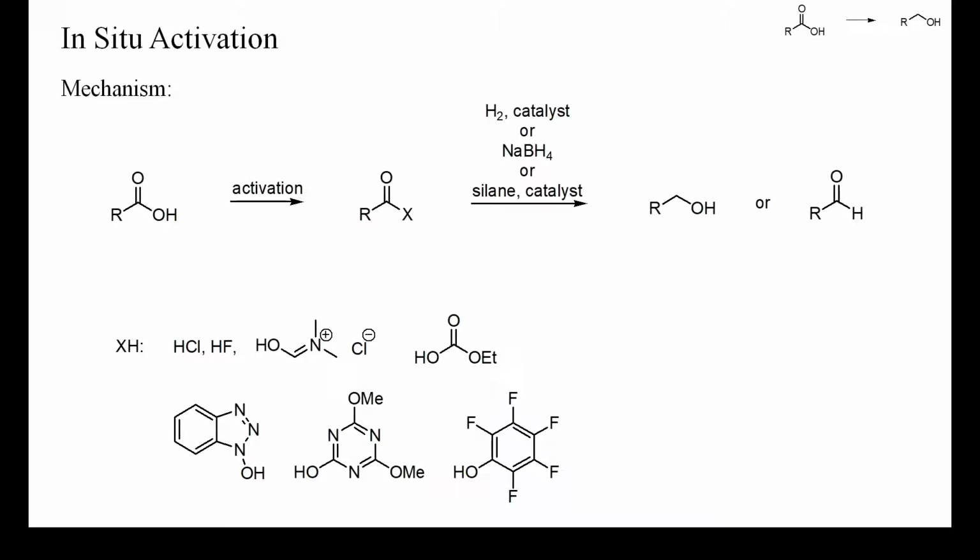Typical examples of suitably activated carboxylic acid derivatives include acyl halides, mixed carboxylic carbonic anhydrides, hydroxybenzotriazole esters, mixed carboxylic cyanuric anhydrides, and substituted phenyl esters. Ideally, this group should of course not react with the reducing agent, as this would increase the required amount of reducing agent. The main advantage of this strategy is that milder reaction conditions are required to reduce activated acid derivatives